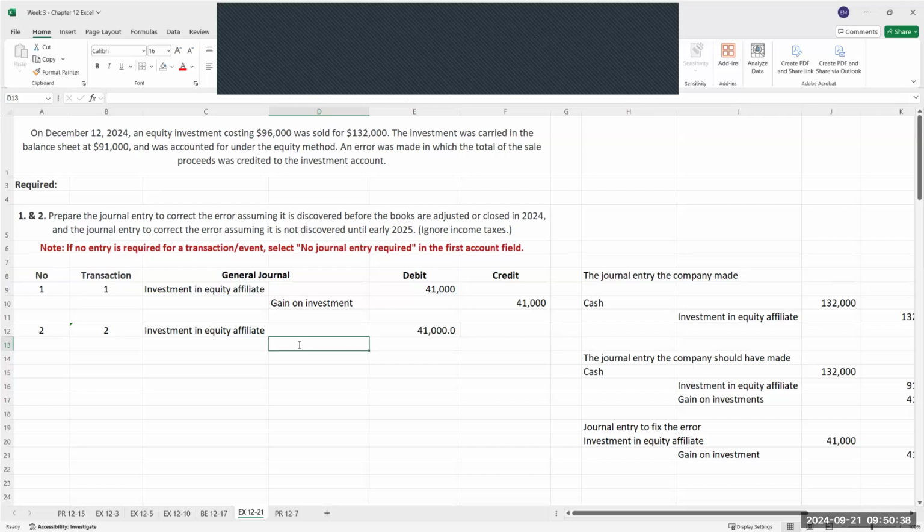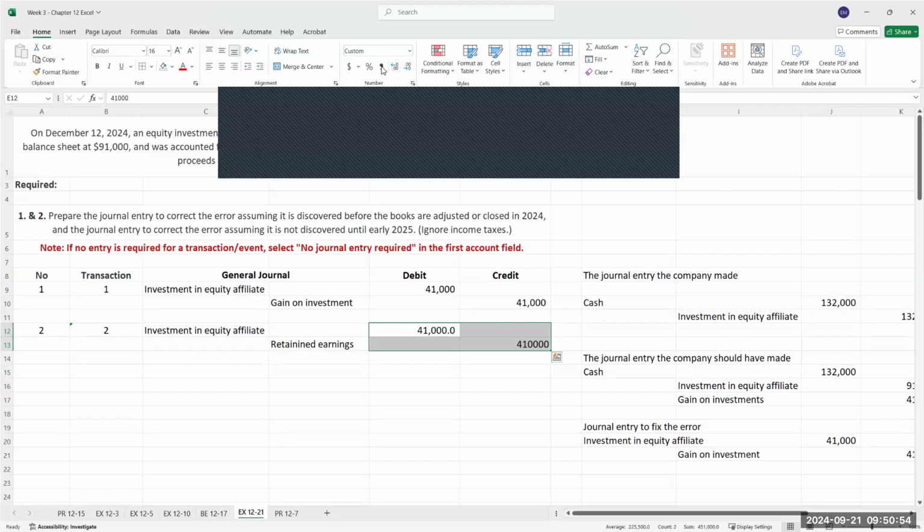So we use the permanent account that accounts for our revenue, expenses, gains, and losses, and that is our retained earnings account. So our retained earnings account would be impacted because the books were closed. All right, sorry, too many zeros here. All right, so again, key thing to keep in mind, we'll go over the problem quickly just so you understand